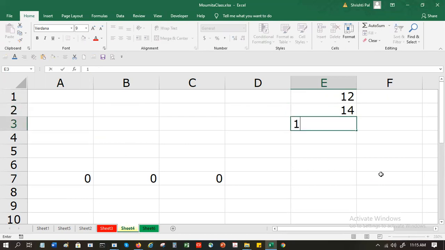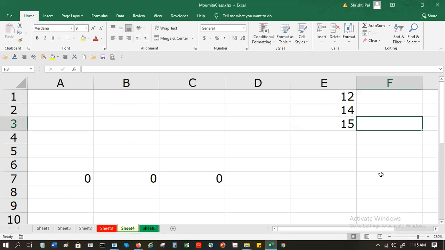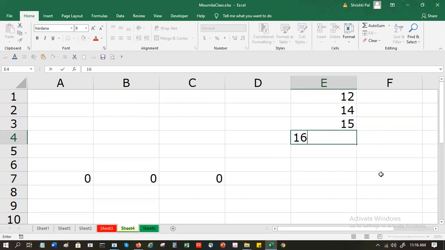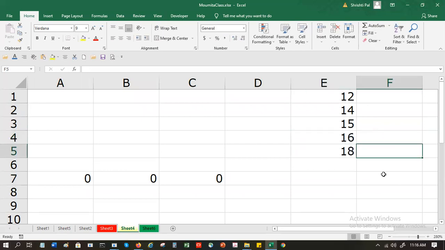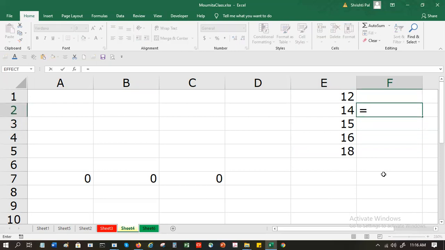So they will first do a sorting, and then they will check whether this is a duplicate: if this is equal to this.